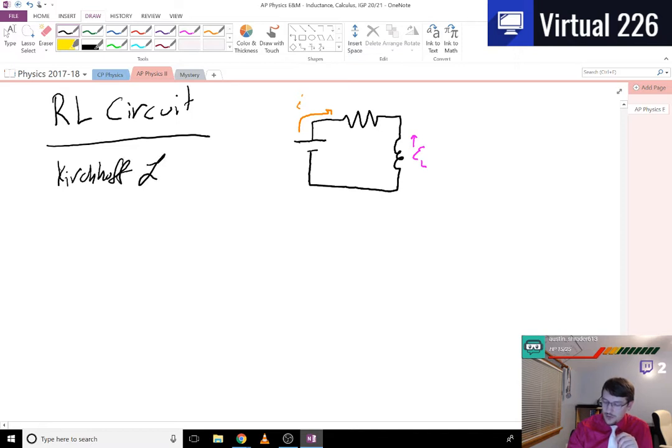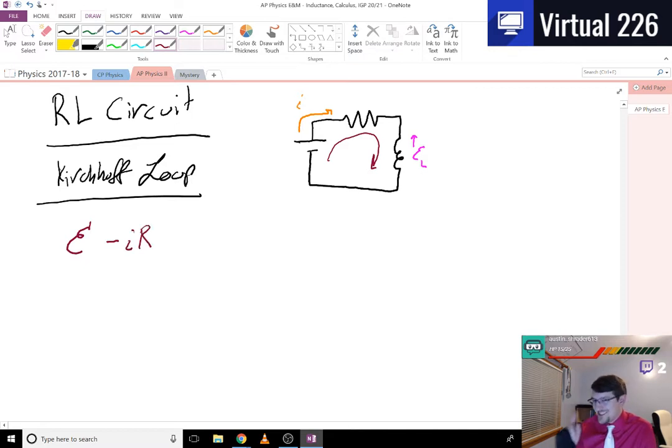If we set up the Kirchhoff loop of this, walking around in the direction of our primary current, we're going to gain an EMF in the beginning because we're going across the terminals in the positive direction. When we go across the resistor, we're going to get minus IR. And then this is the tricky one. When we go across the inductor,